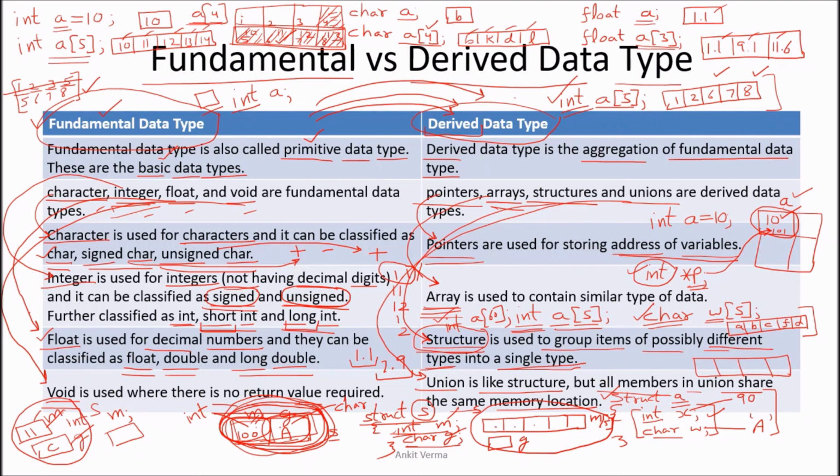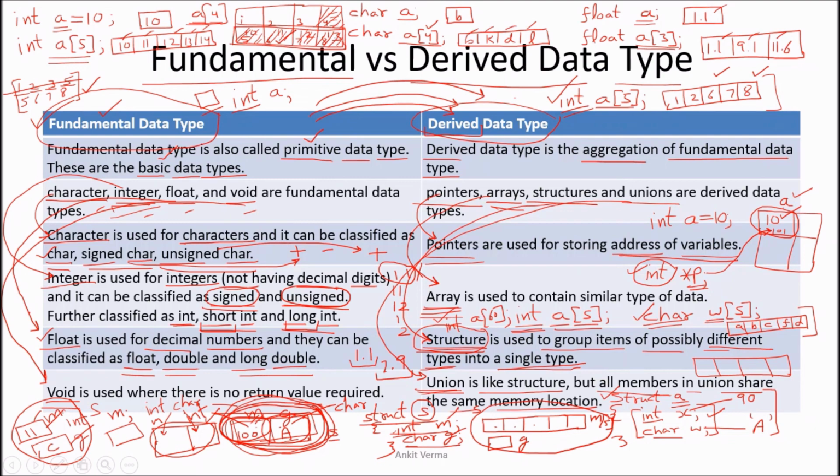But if I talk about the union, they are sharing the same memory. The memory is the same. Inside the same memory, the value will be integer, let us suppose M, and the value will be character. Both values are coming here. Let us suppose that more space is taken by the integer, so less space is available for the character. So the same memory is shared, that is the union. And if the same memory is not shared, and individual memory is there, that is called the structure.